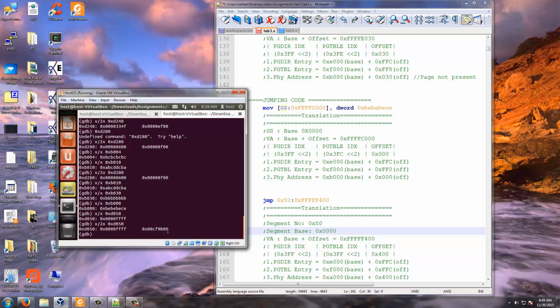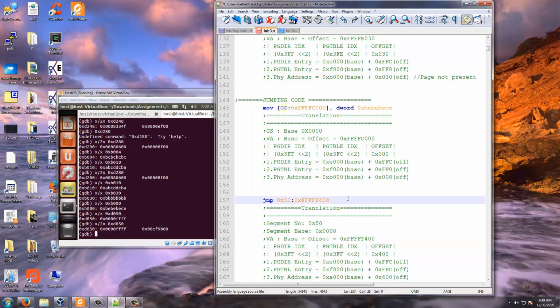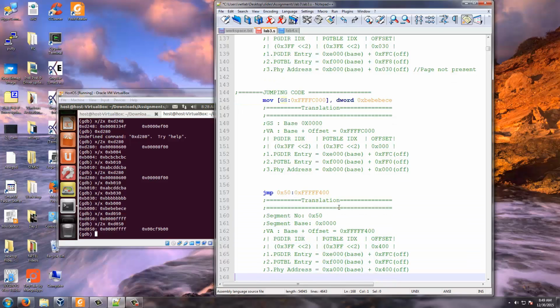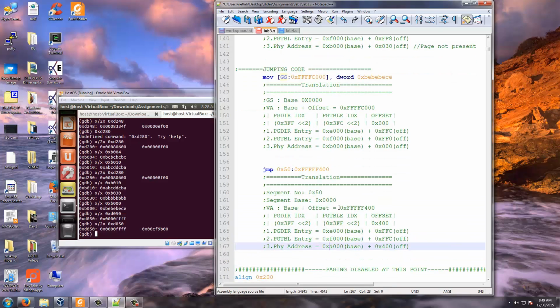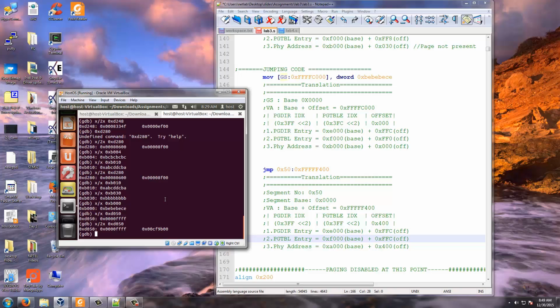Now this is a code segment of size 4 GB, right, with base as 0 and size as 4 GB. It's a large segment, and I am doing FFFF F400. So since I have 4 GB, I can go there. Now this FFFF F400 actually maps on to 8400, right, because please note that this maps on to the page directory entry, which is FFFC, and so